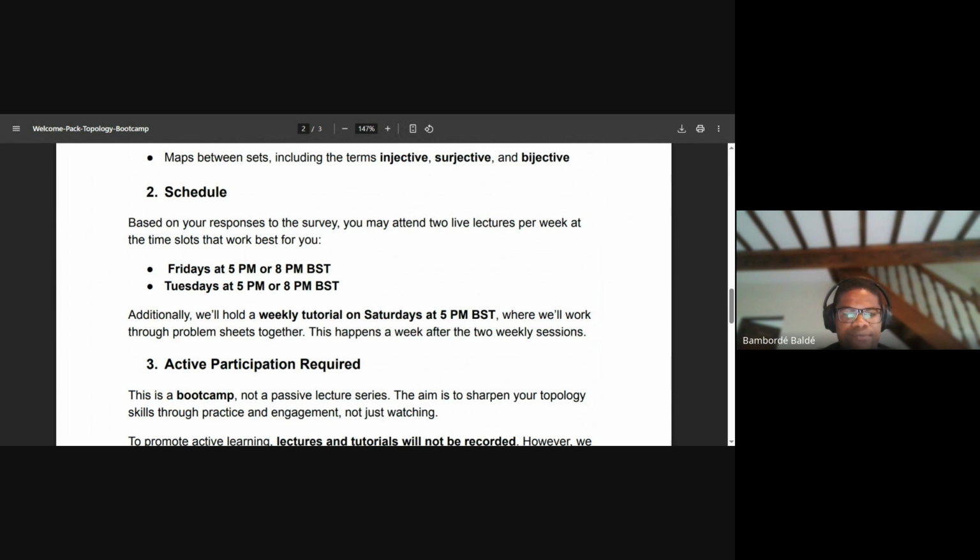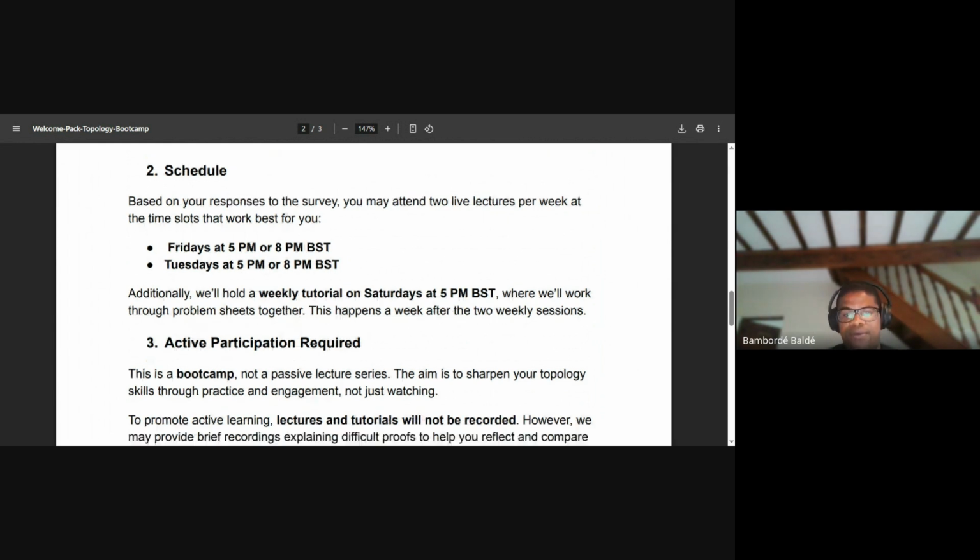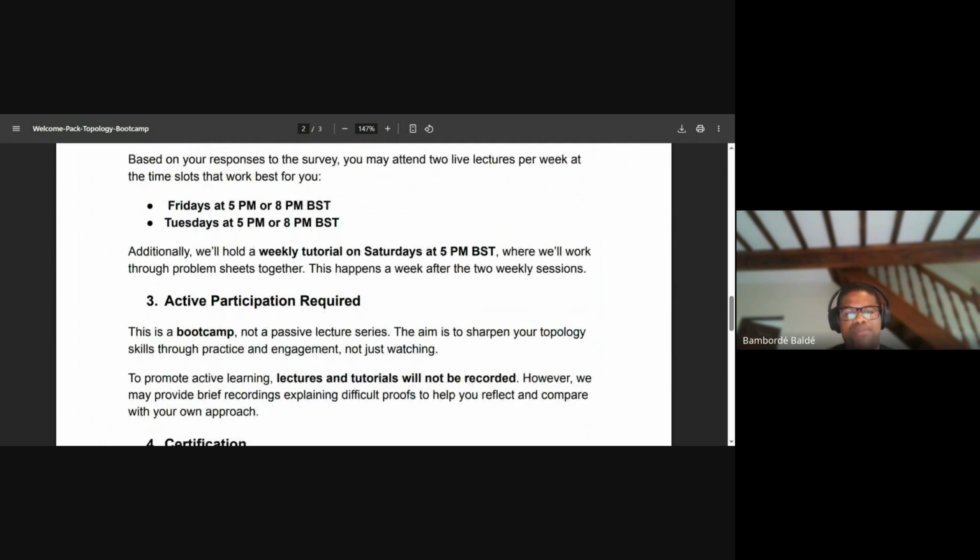And with respect to the tutorials, active participation is really required. This is one of the things we want from people who join this bootcamp. If you want passive learning, there is a crash course on topology on the LMS on our platform, where you can go at your own pace.